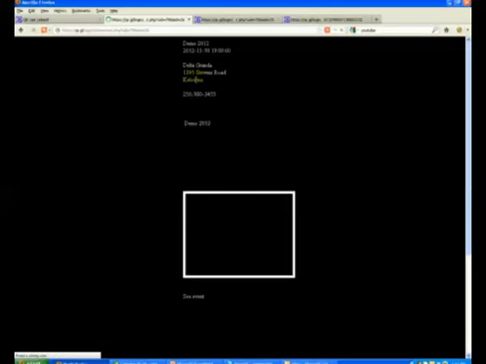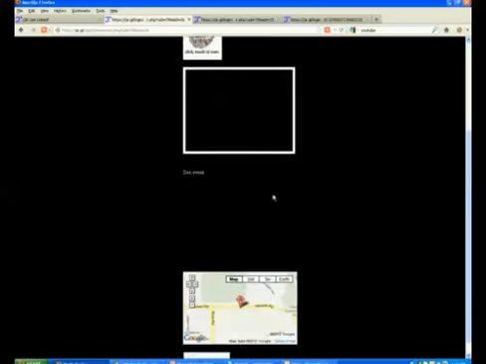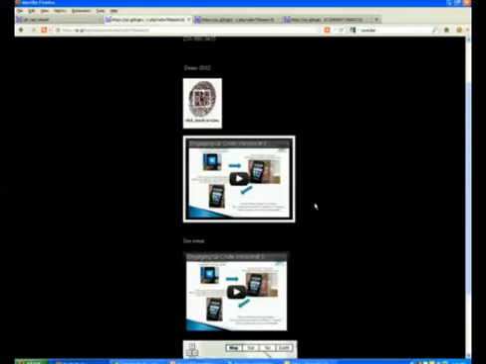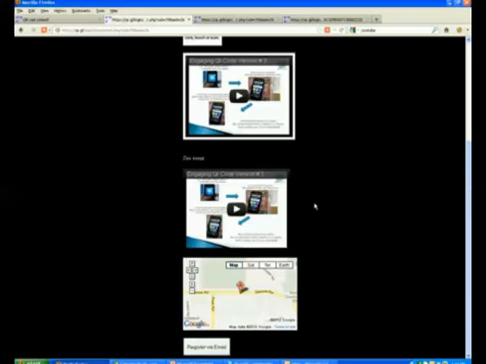Okay, and there it is. It's now loading. It's bringing up the event, and it's going to have the Google map in here. There's the Google map, and there's my videos. I got my videos in there twice. Okay, and here is where I register. It says register via email. So if I click register,